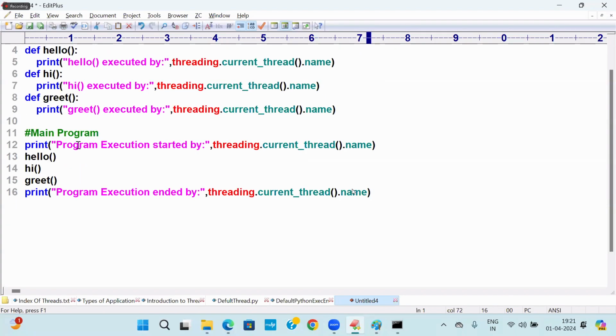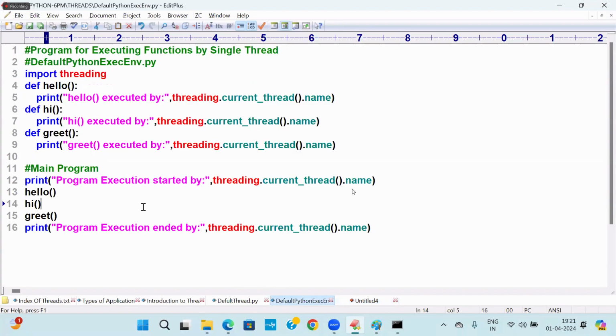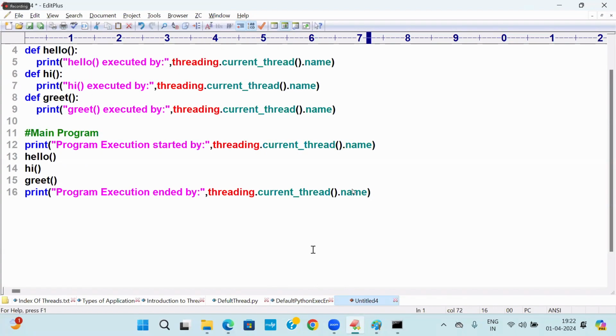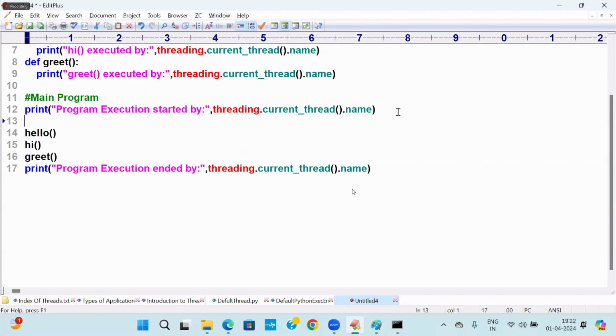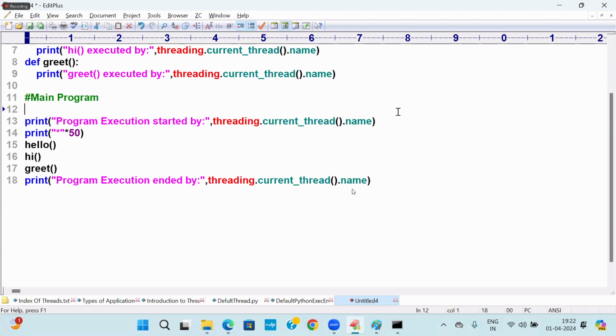Sir, by default in the earlier case, what thread is created? Main thread. Today, what am I creating? Subthreads I'm creating. Okay, students. See, this is called take care. Now I'm writing something like this. One best example also I will show you students today, because you have to understand the beauty